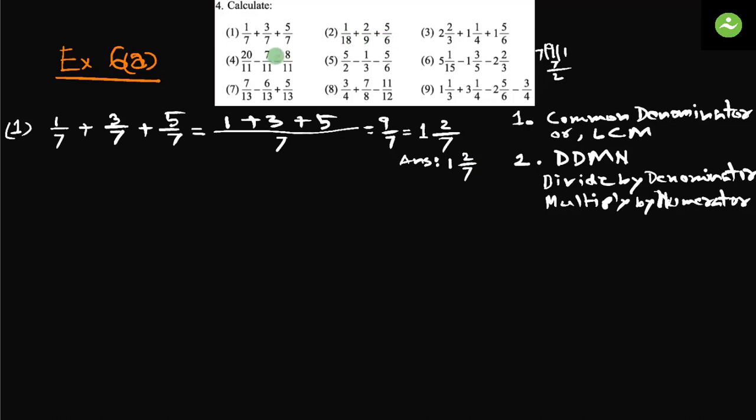Now what we are going to do, let's do number 5. We have done already number 1. Now we are going to do number 5. Okay. Number 5. 5 by 2 minus 1 by 3 minus 5 by 6